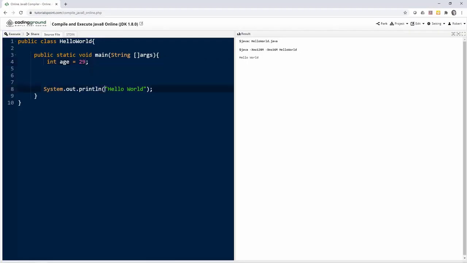So actually, you know what? I'm just going to print this out. Print line, and we'll print out age. And again, you're just watching this, or you can follow along too. It's up to you. So let me click on execute, and it shows that Bob is 29 years old. So what we can do is we can do simple math with this as well. But remember, integers can only hold